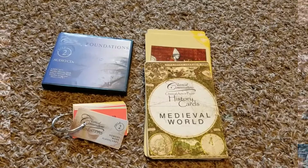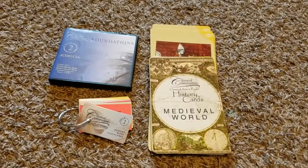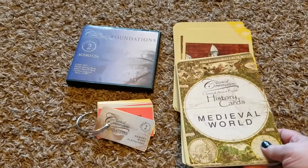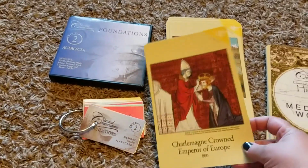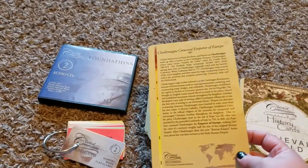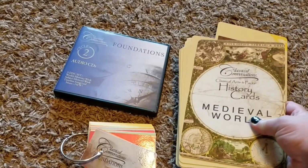We are going to be using a few things from Classical Conversations. We don't do the Classical Conversations program, but I do like some of their products, and I decided to go ahead and pick up the history cards this year for the medieval world. They have really beautiful illustrations on the front, and then the history facts on the back with the timeline. So I really like that, and we're going to be using those this year